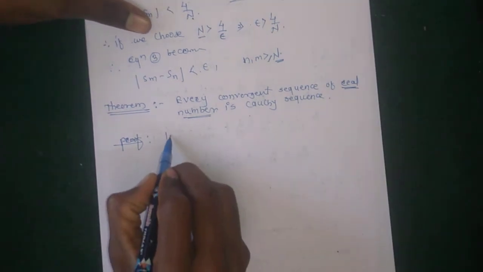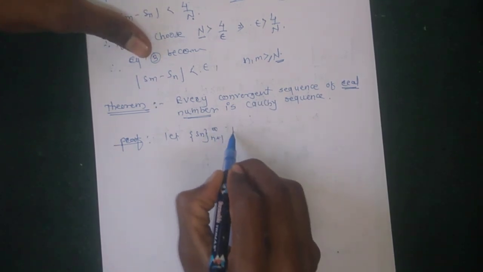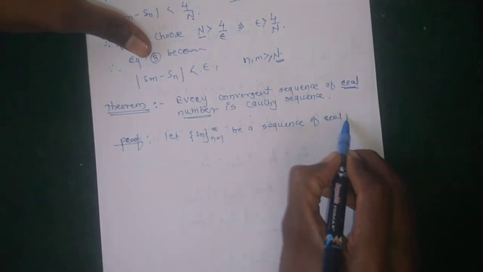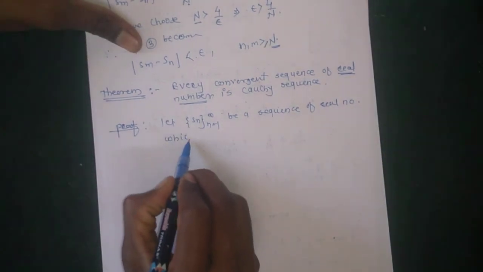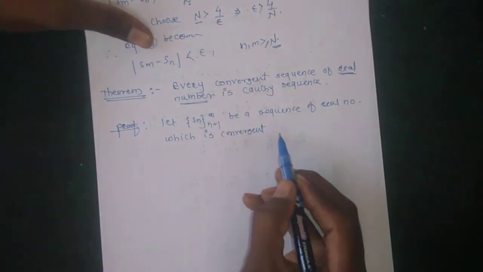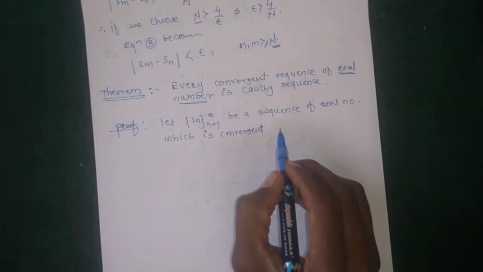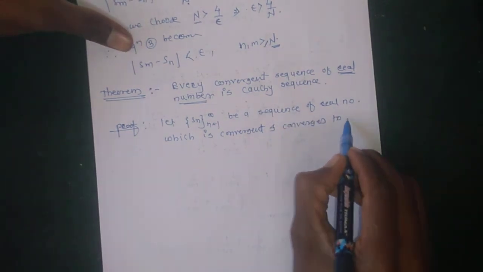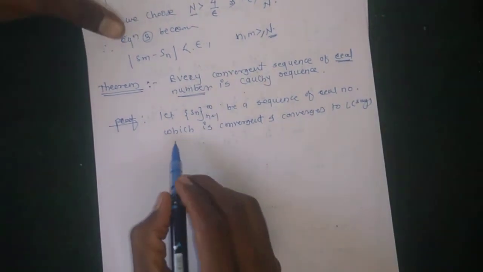Okay, let the sequence Sn, n running from 1 to infinity, be a sequence of real numbers which is convergent, and suppose that it has limit L. If a sequence is convergent, then it has a unique limit, and we say that it converges to L. Suppose that the given sequence has limit L,